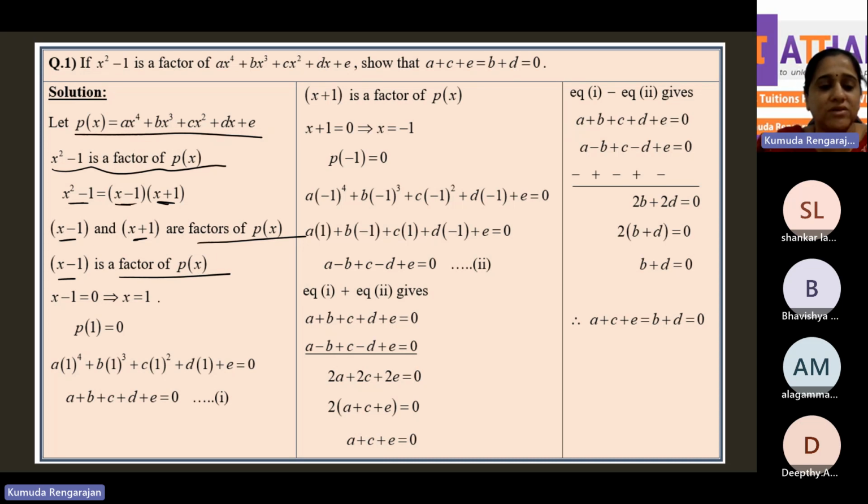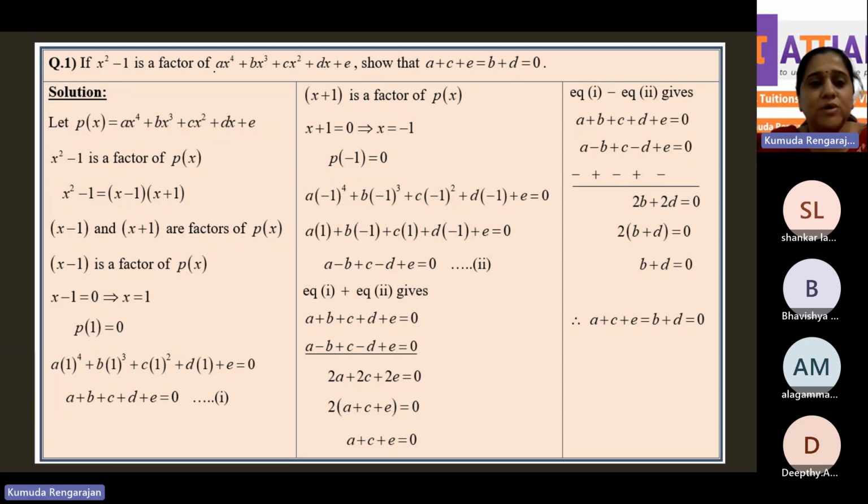So equated to 0, x is equal to 1. So p of 1 will be 0 because it's a factor. So the remainder will be 0. If it's a factor, the remainder will be 0. So how will you find that p of 1? Here in p of x, wherever there is x, you should use 1. And we have done that here. This is equal to 0. So when you work this, you get a plus b plus c plus d plus e